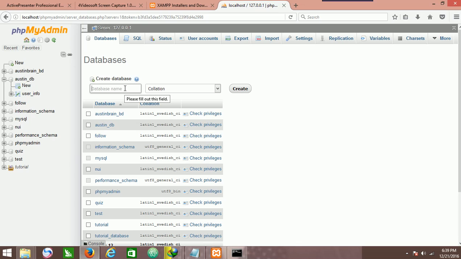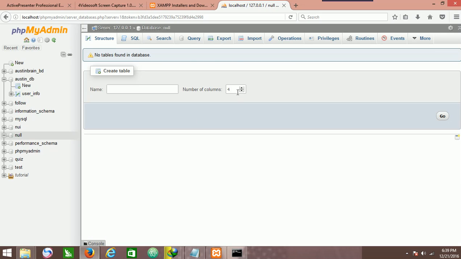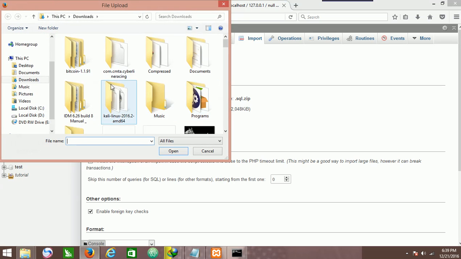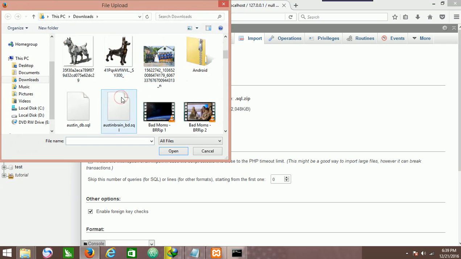So I'll just call this a null database. Then I'll come over here. You don't need to create any table. You can create tables if you like, but I just want to show you how to import. So I'll go straight to the import tab and I'll browse. Now if my file is found here, as you can see,